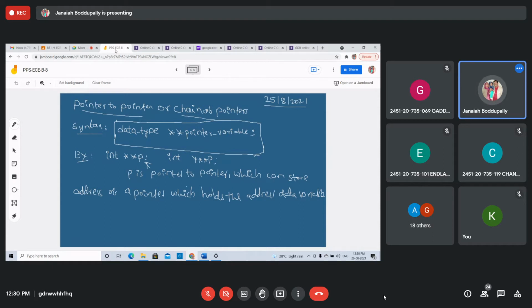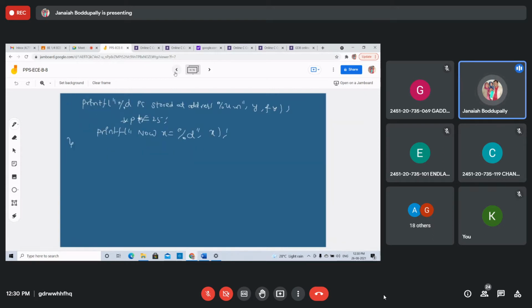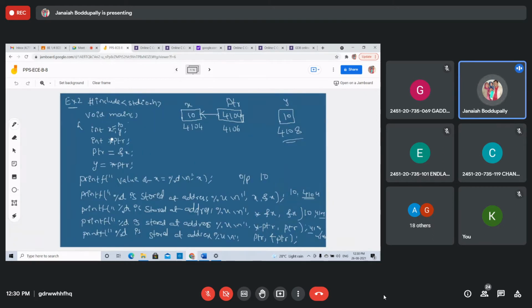Are you getting, students? In the previous one, we discussed the pointer variable. What is a pointer variable? Here, *ptr is the pointer variable which stores the address of the variable x. How can you access the pointer's value? Star of ptr. *ptr is the value at that address. Automatically that is also x = 10, and y also stores whatever value is in x.